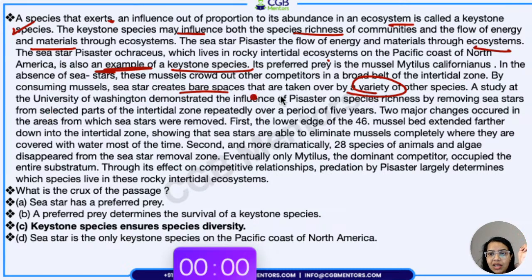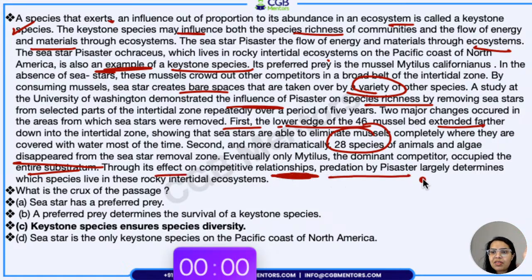What does a study tell us about the influence of the sea star on species richness by removing sea stars from selected parts? Two major changes have occurred. First, the lower edge of the mussel bed extended. Here the extension is happening. Second, 28 species of animals and algae disappeared. So eventually we see the other competitor occupied the entire space. Through its effect on competitive relationships, predation by the sea star largely determines which species live